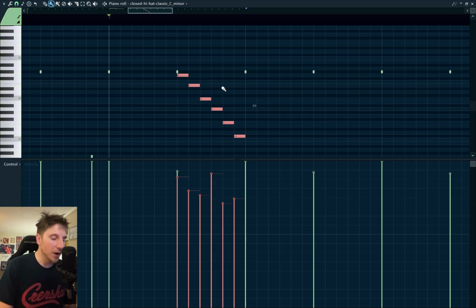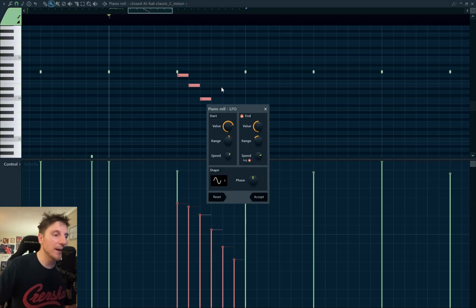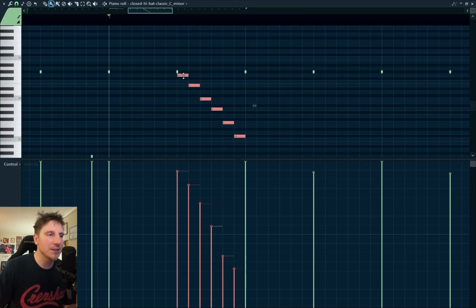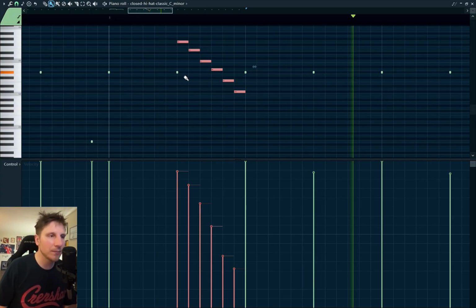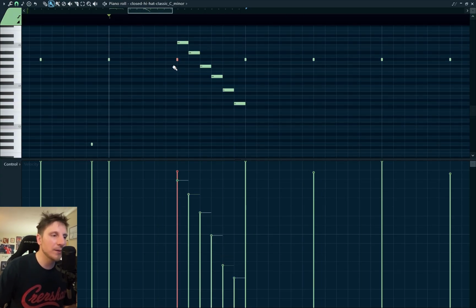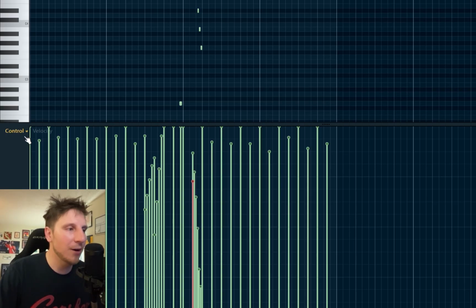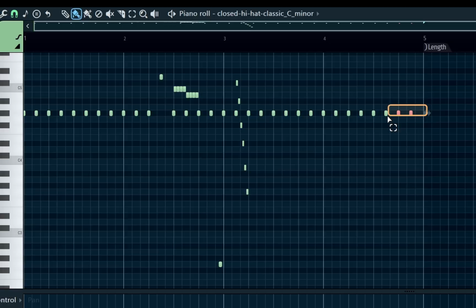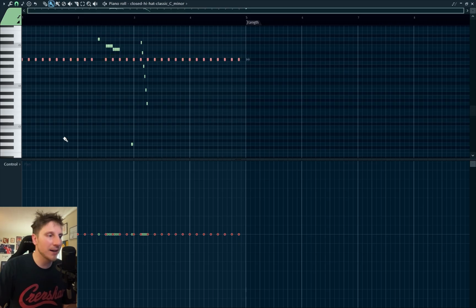I can do Option O, which is going to bring up the LFO tool. This is a downward roll, so I'm going to have it go downward like that. Now I think it sounds better an octave up. And then this one just needs to be brought way down in velocity. Now we can go to Control, Note Pan. What I like to do with these is all of the quote unquote main ones that are hitting on every half beat,